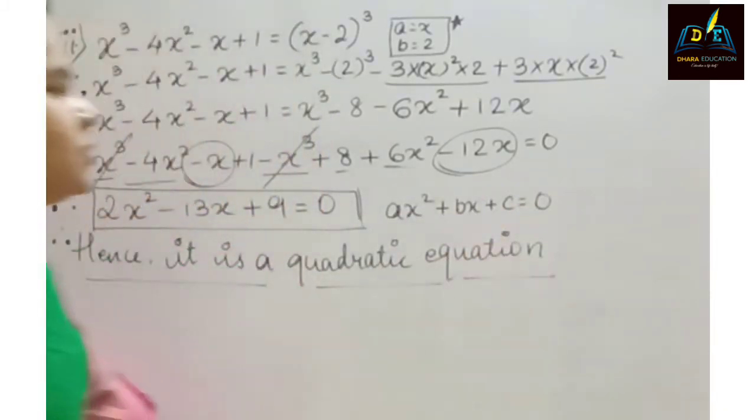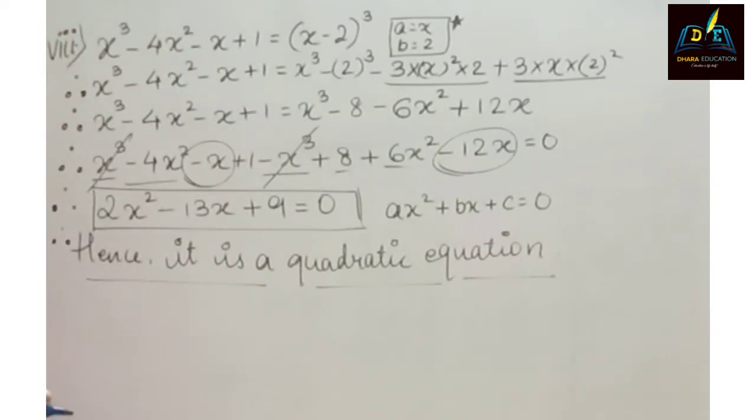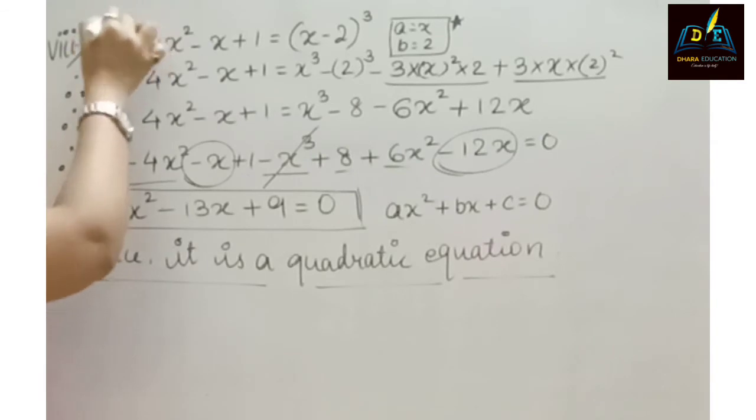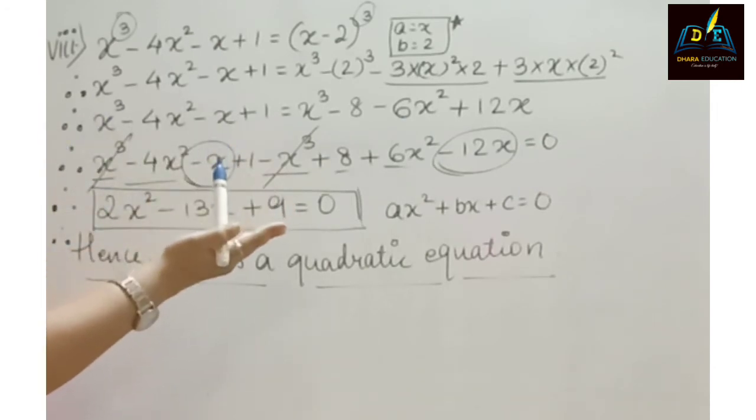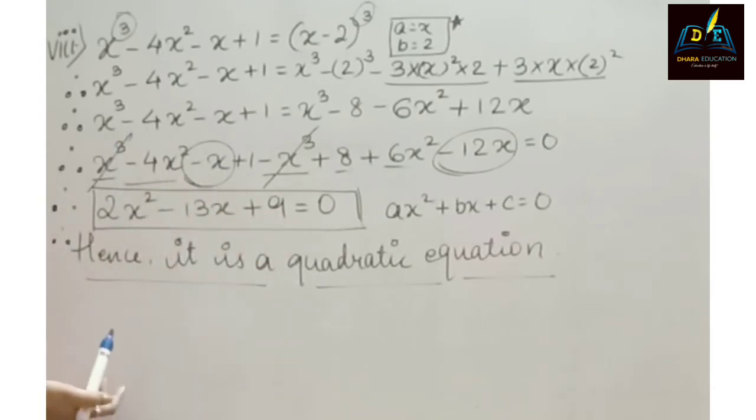Yes, but a few of the students, without solving, they see this cube and used to say this is not a quadratic equation. So this is wrong. You have to solve the entire sum, whether you see cube, whether you see 4, whether you see 2, nothing. You need to solve first, and then at the end you have to compare it with the standard form of quadratic equations, and then you can come to a conclusion whether this sum is fulfilling the need of a quadratic equation rule or not. So it is advisable to solve it and not to judge in the very first step of the sum.